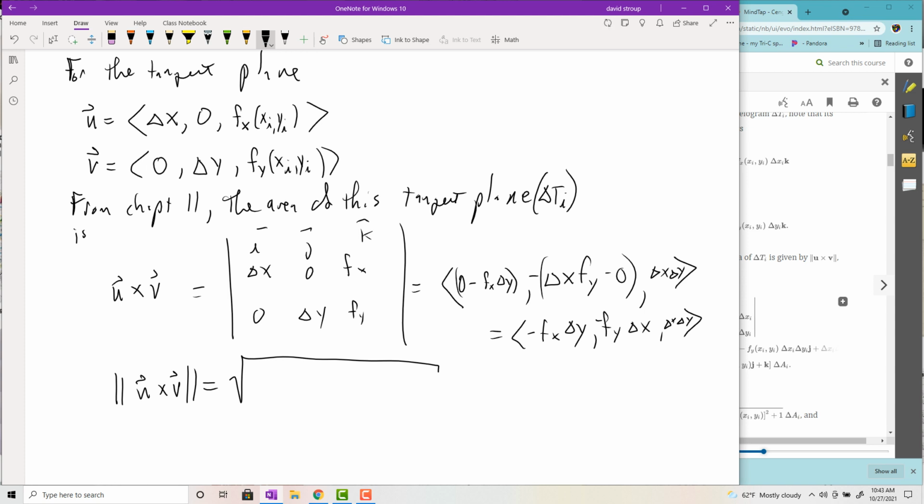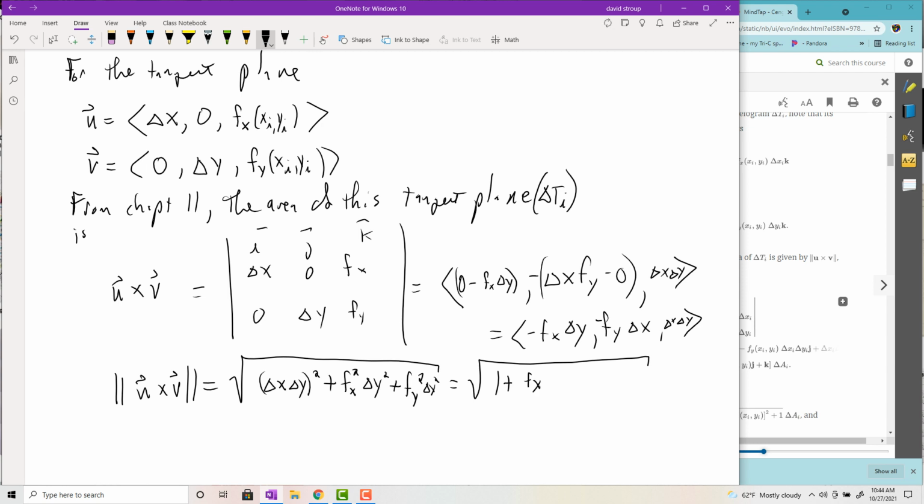Okay, so finding the magnitude, I'll have delta x delta y squared plus f sub x squared times delta y squared plus the partial with respect to y squared times delta x squared. Then you could do some factoring and you'll get the square root of, let's factor out the delta x delta y squared, and you'll get 1 plus